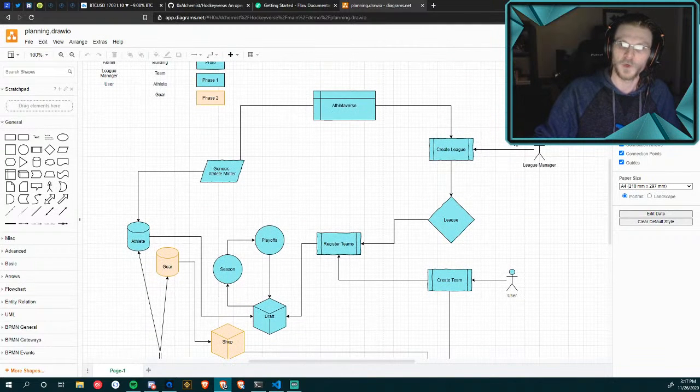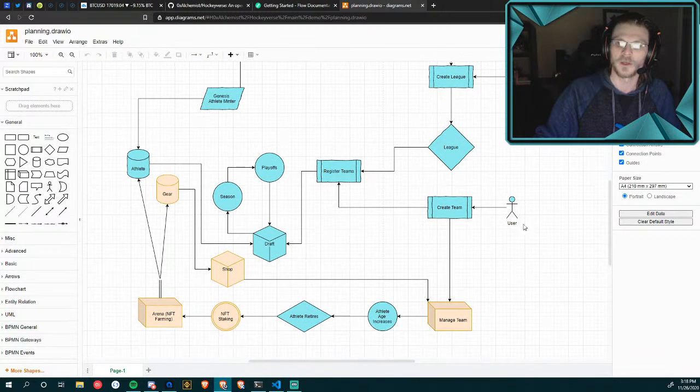Just going back up top here, so our league manager or admin would create leagues, and remember, these leagues can be any sport now. It's not just a hockey league or anything like that. They'd be able to create these leagues, and then a user would be able to come in, create a team, and then once they have a team, they could register to a league. Once they're in a league, then we get into the fun stuff, and we actually have the season cycle. So we would have a draft, we would have a season, we'd have playoffs. Playoffs would lead to a championship, which would mean a reward would change hands, and the cycle would continue.